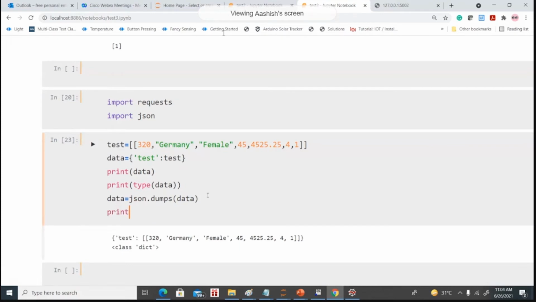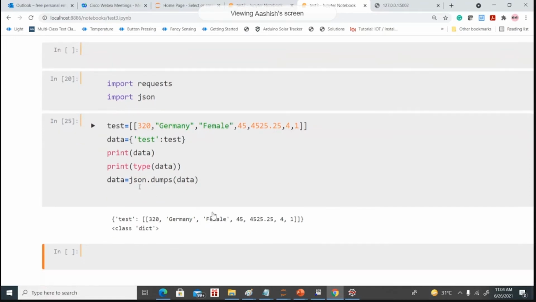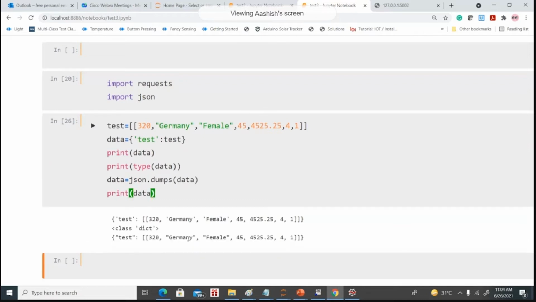So we convert this data into the JSON format using json dot dumps and pass this data. Now if you check the type of the data, it's a string, but it's a JSON format because we are dumping into JSON.